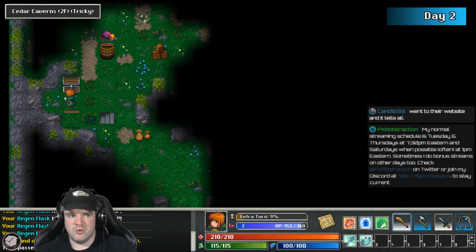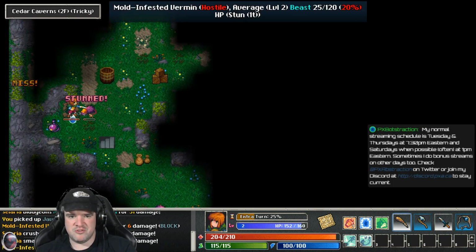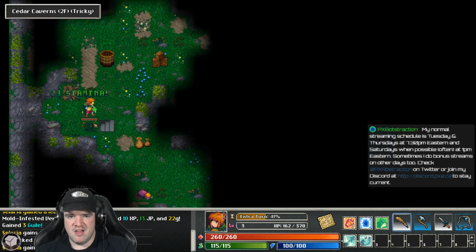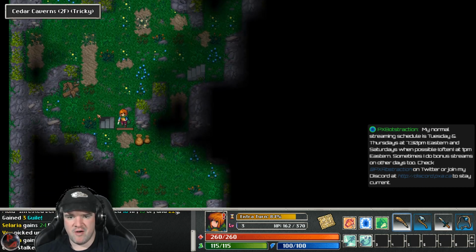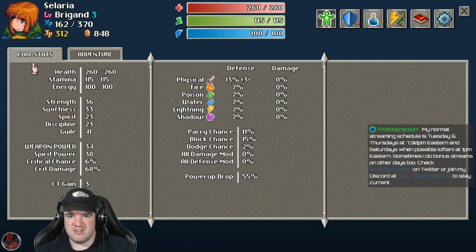Ooh, day 2. Okay. Oh, mold-infested vermin. I was told to kill these. I can already tell these enemies are getting a little harder. Wasn't I told that one of my bounties was...